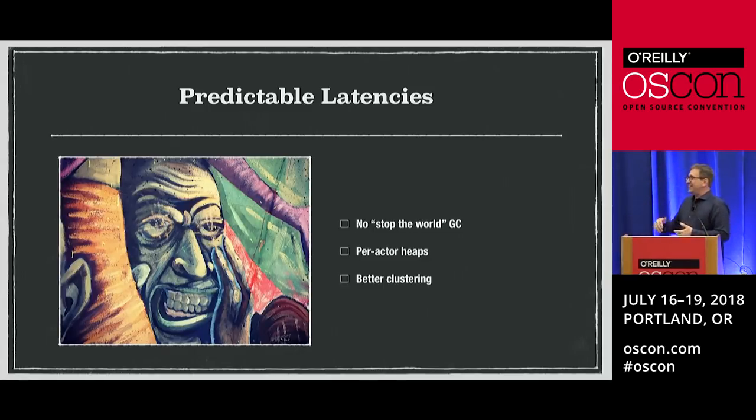Pony's garbage collection is similar to Erlang's, with the basic idea being that rather than one large global heap that exists for an entire program, each actor has its own little heap for the memory that it's responsible for. And you can garbage collect individual actors rather than having to stop and garbage collect your entire program, right? So with these per-actor heaps, you can be continually processing. It's not like you're going to stop and do garbage collection and then continue.